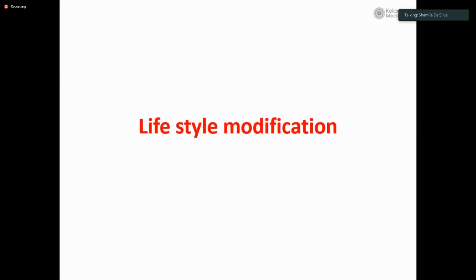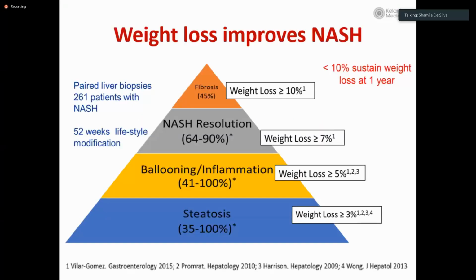The cornerstone of management, the most important aspect of management of NAFLD, is still non-pharmacological lifestyle modification, because all the pharmacological agents that have been tried and tested have been relatively unsuccessful and disappointing. What we are left with is mainly lifestyle modification. And weight loss is the most important thing. If your patient has fatty liver disease, weight loss is the ultimate treatment. If they are able to achieve a certain weight loss and maintain that weight loss, their livers will be fine and their outcomes will be good.